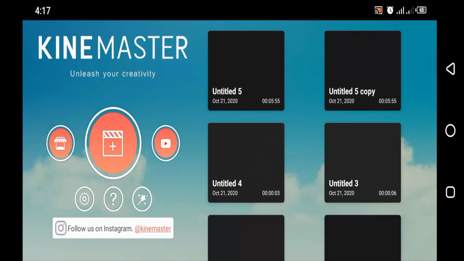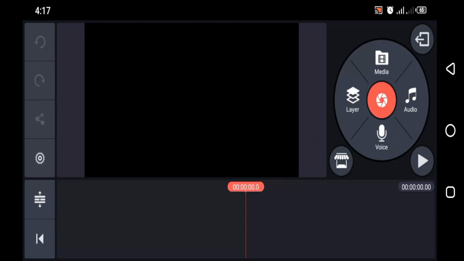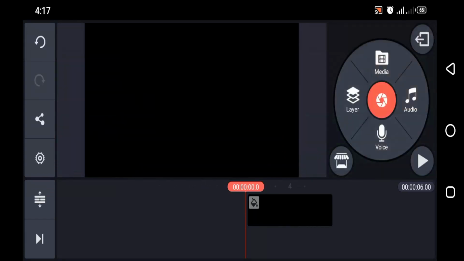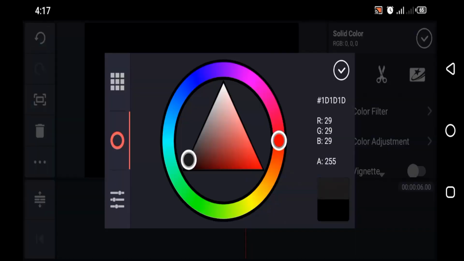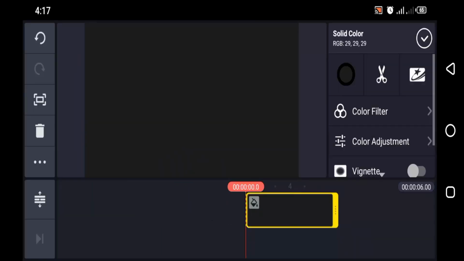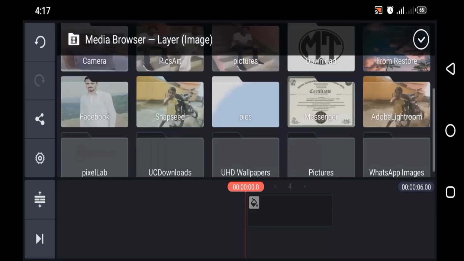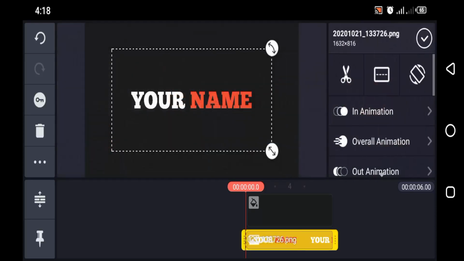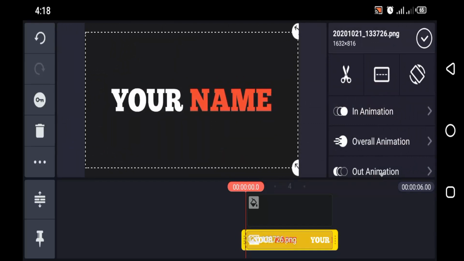After opening KineMaster, select New Project and click Aspect Ratio 16:9 and select the media and select your background black and click on OK. Select your black background and select color and make it dark gray and select OK. Now select OK again and click layer and select image and select your folder PixelLab in which your image is. I typed your name. Now resize your image like this and click on animation,